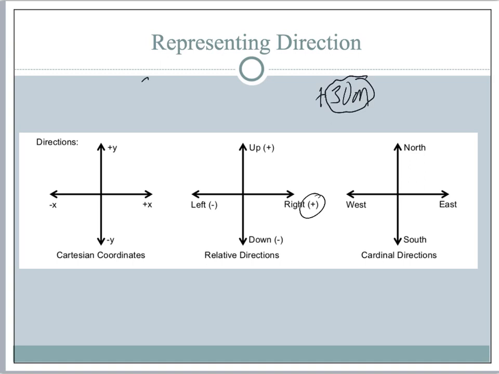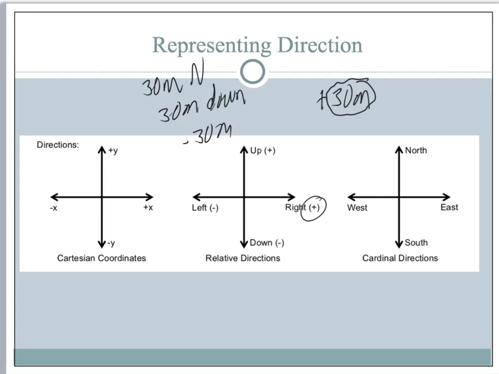So if I said 30 meters north, or if I said 30 meters down, or if I said negative 30 meters, those are all acceptable vector quantities. Now, of course, north doesn't necessarily mean down on the graph, and negative doesn't mean north. If you look at the graph here, it might mean down, but as long as you're consistent in the problem you're working on at the time, it doesn't matter what you call negative or positive, as long as you're consistent throughout the problem. And if you want to change it going to the next problem, you can switch it up. It's up to you.